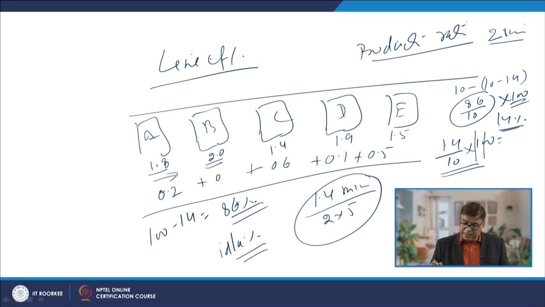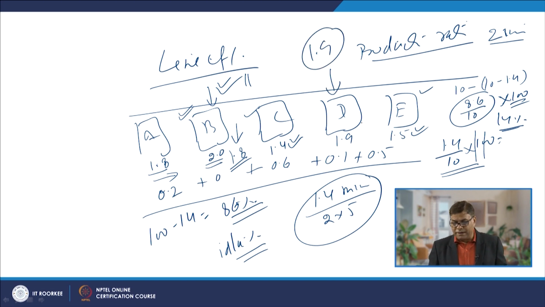So, here if we see, station E is idle for a good amount of time, and station C has the maximum idleness, while the idleness is 0 at station B. So, this is the station which is acting as a bottleneck, the station which takes the maximum time. So, this station will dictate the production rate. If the time of this station can be reduced to 1.8, then our production rate will be dictated by station D, where the time required to complete the job is 1.9.